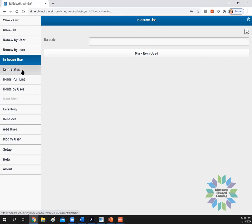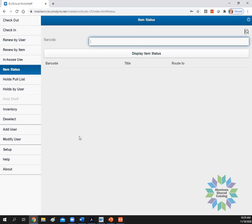Item status. This is great for when maybe you see some books left out on tables and you're not sure if that means that they're checked out and just waiting for their patron to come back and get them, or if you need to reshelve them but still want to mark them as used so that they get a circ stat. Oh, sorry, that's still in-house use. Item status. If you're not sure if they're checked out or if they just need to be reshelved, you can check that here. So for example,